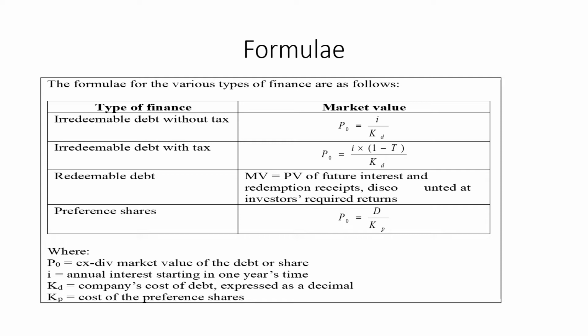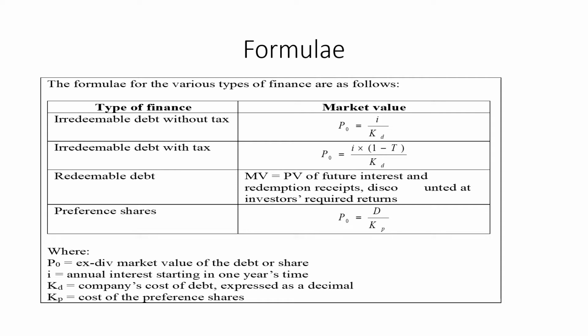Irredeemable debt is the kind of instrument which will provide you return for an unlimited time period, and you will not get the actual amount which is being invested in that debt, but you will get return on that instrument for an unlimited time period. And if we want to value this irredeemable debt without taxes, you don't have to deduct the amount of taxes from the interest rate. So in this case the present value would be I, the return or percentage which you are getting from that instrument, divided by KD, that is the return on debt,